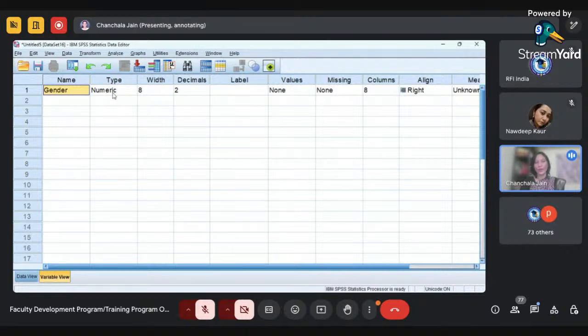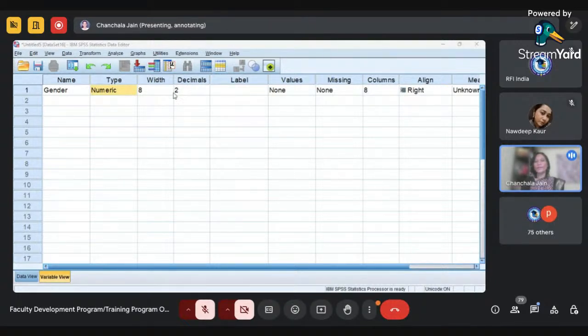So the type is numeric, right? Presently, you can find the type of gender is numeric because SPSS is software which allows you to perform statistics, and statistics can deal with numbers, right? So by default, whatever variables you take here, SPSS defines their type as numeric. But if you want to make any changes in the type, you can come to this particular cell and you will find three dots. I'll click on this, so the variable type box will open.